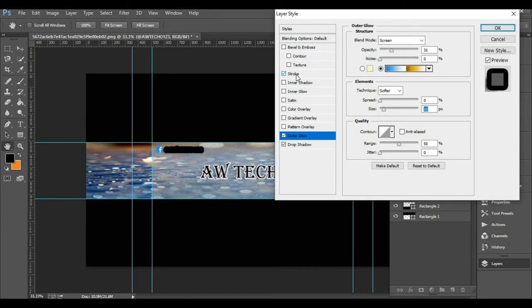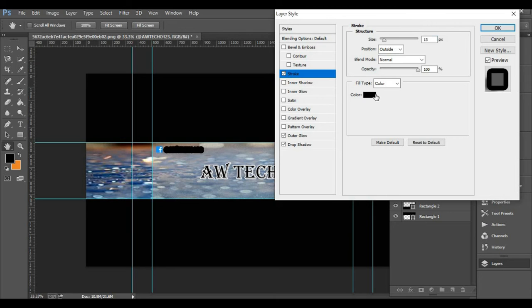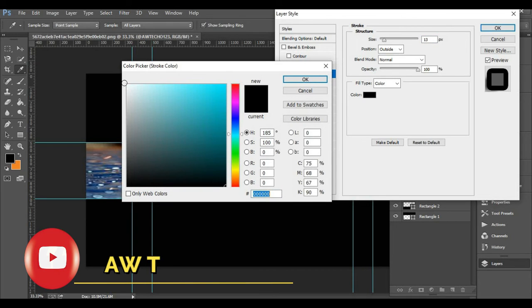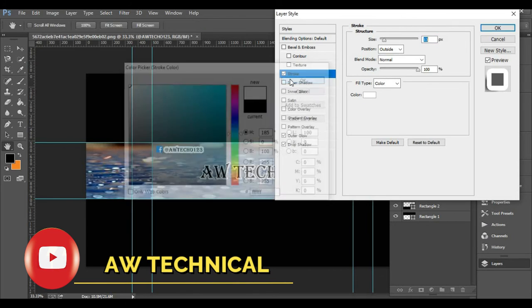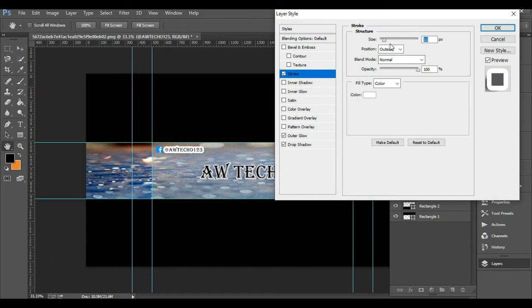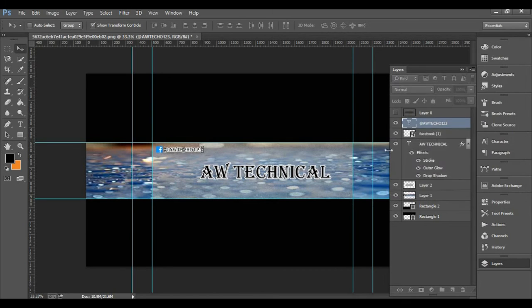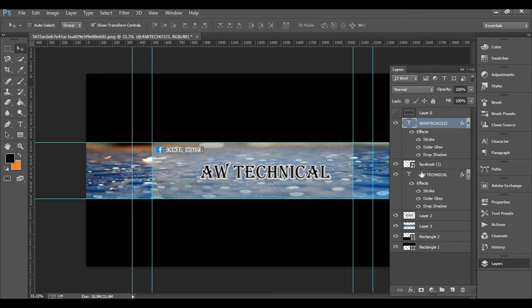Change the color of the stroke. Already we have black. I will change black to white. Click OK. Now I will decrease the size of the stroke. On 4 it looks good. Click OK. Now go to the Facebook icon and add over here.